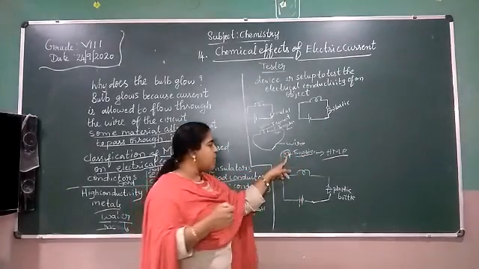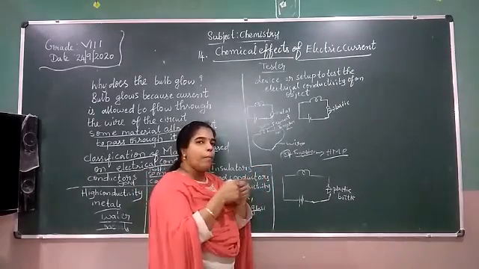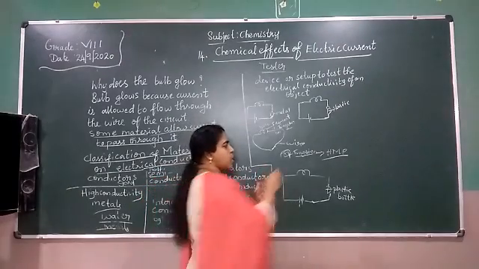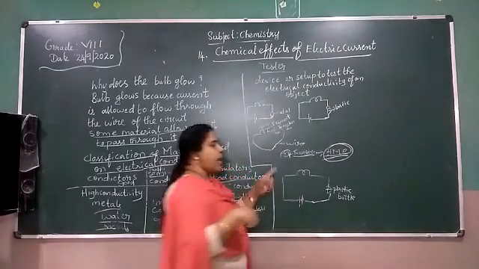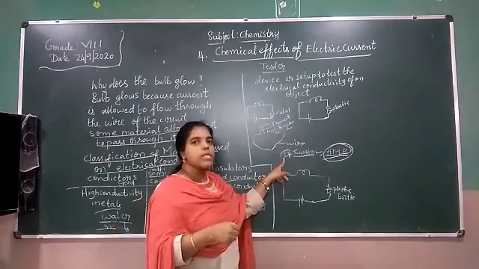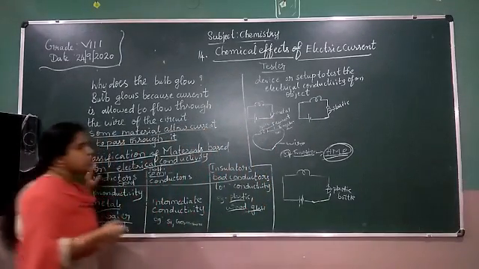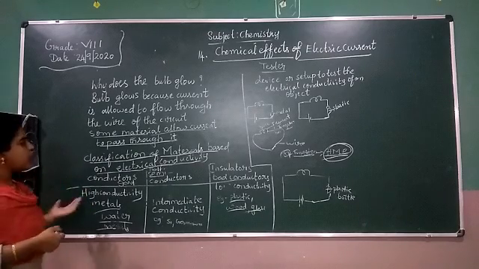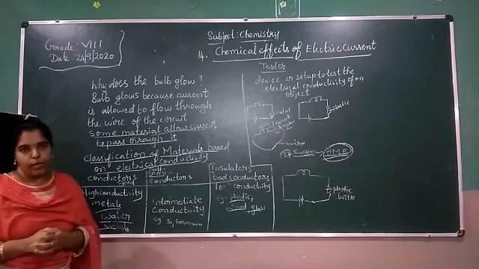If instead we put plastic or any other thing, what will happen? It will suddenly melt. So we use tungsten, which has the characteristic of a high melting point. It will not melt even with that much heat. So what we learned in this section is why the bulb glows and the classification of materials based on electrical conductivity.